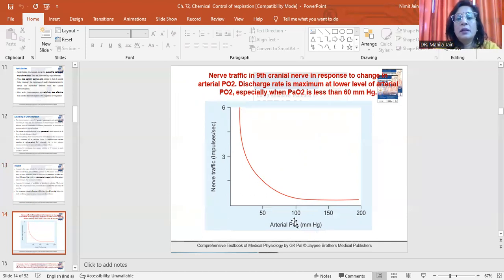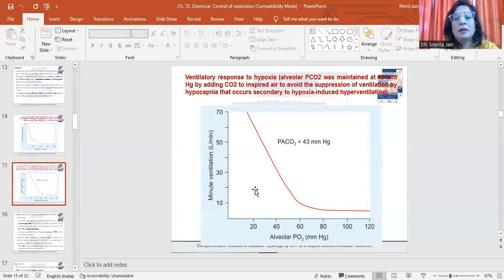Millimeter of mercury. Nerve traffic in the ninth cranial nerve: the discharge rate is maximum at a lower level of arterial PO2, especially when PaO2 is less than 60 millimeter of mercury. Minute ventilation, PaCO2 around 43 millimeter of mercury, alveolar PO2 20, 40, 60, 80. Ventilatory response to hypoxia